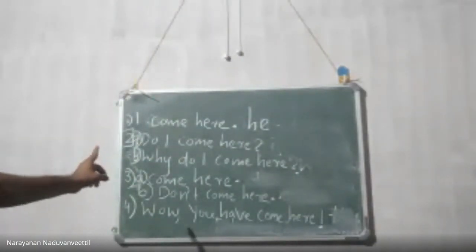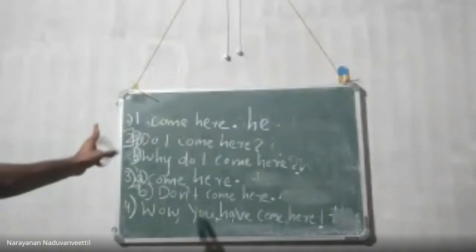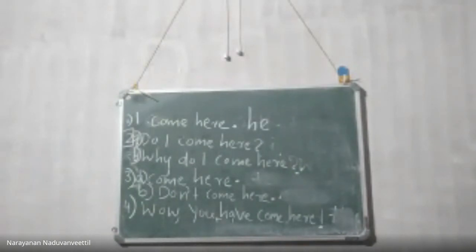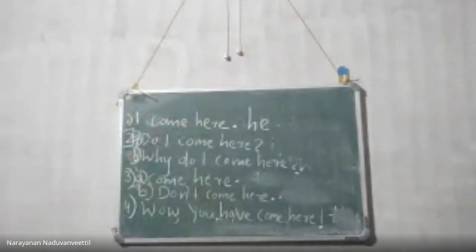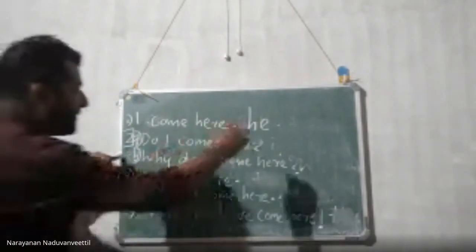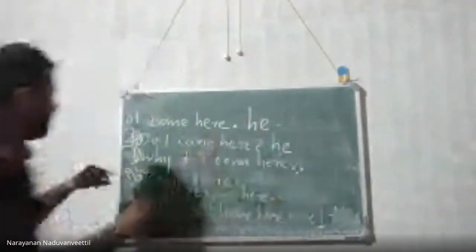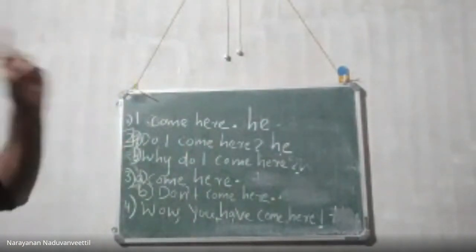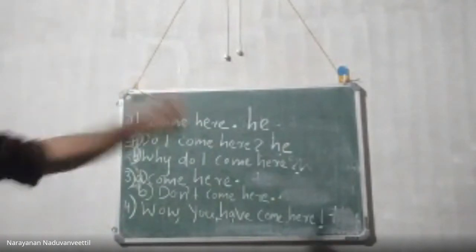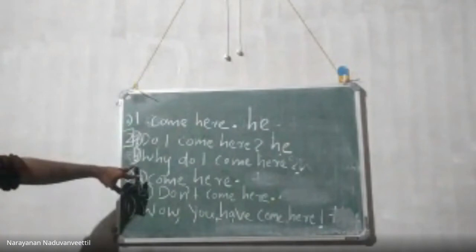So in the interrogative sentence, your task is to find and locate the subject of the sentence. What is the subject of the sentence here? "Do I come here?" I is the subject. That is a first person pronoun, so you have to change it. How can you change it? I changes to he. So here in the second task: Rohan asked Rahul if or whether he... Okay. Move on to B.